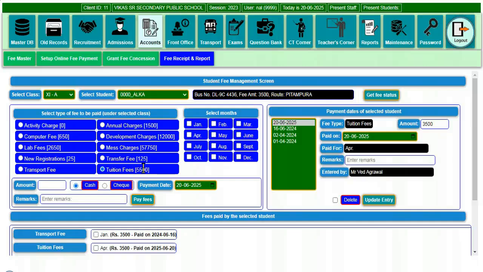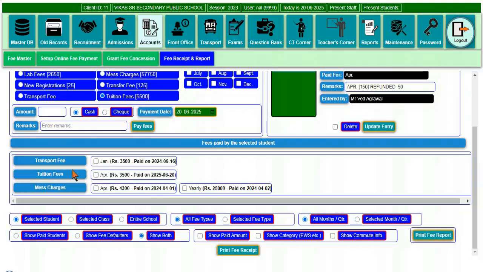On the right side of the screen, individual payment dates on which the payment was made by the selected student are displayed, along with other relevant details, which can be edited, removed or corrected in case of wrong or mistaken entry by the fee clerk. In the middle of the screen, under the Fees Paid by the Selected Student section, all fees paid by the selected student are displayed along with a small checkbox prefixed to each entry. We can print a fee receipt for a single selected entry, or, in case of a duplicate receipt, for all